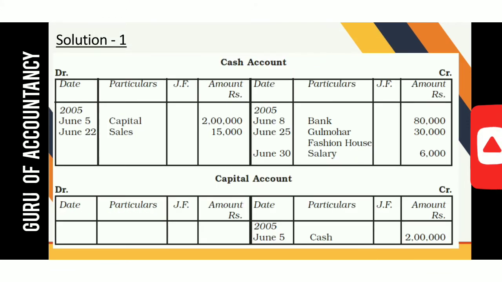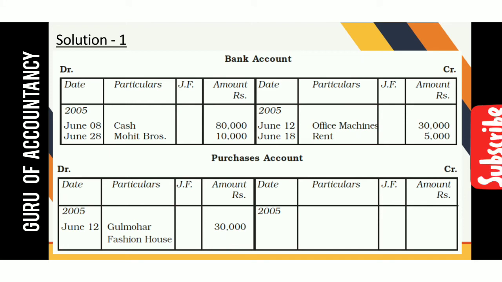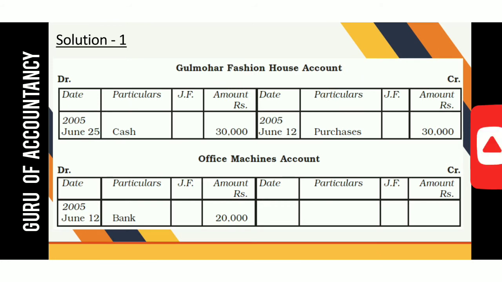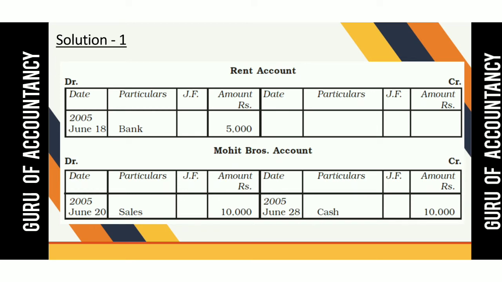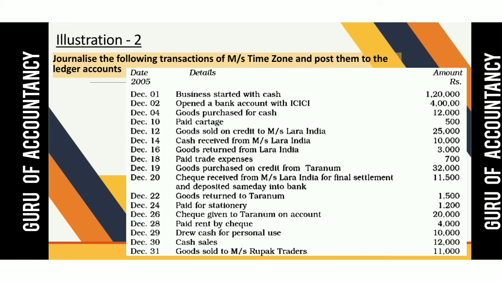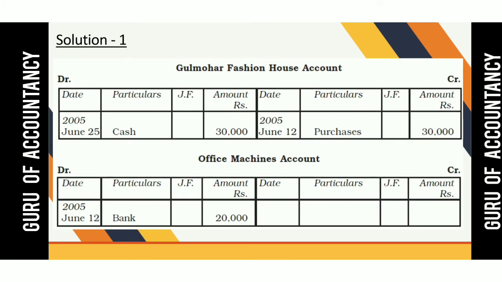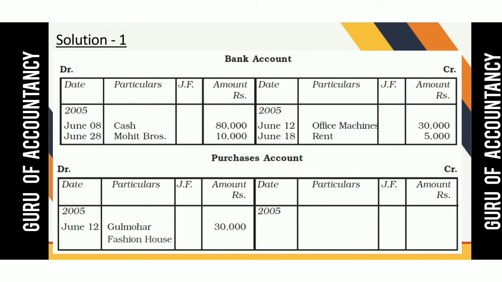After preparing different accounts and after posting in all the accounts, you have to make the total of each and every account and find its balance. How to find the balance is a very simple process. You have to make the totals and check which side's total is higher. The higher total you will write on both sides, and where the total is less, that side's difference will come. So let us see one account and try to understand how to find the balance. Let us first take this bank account.